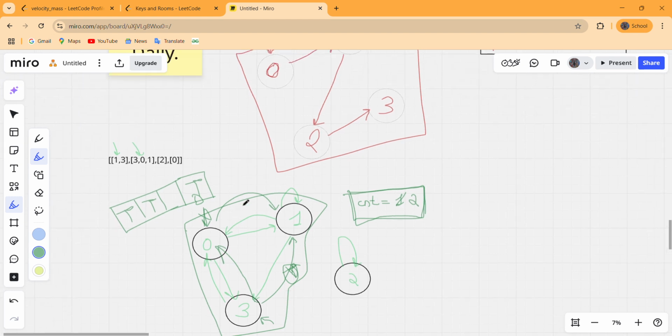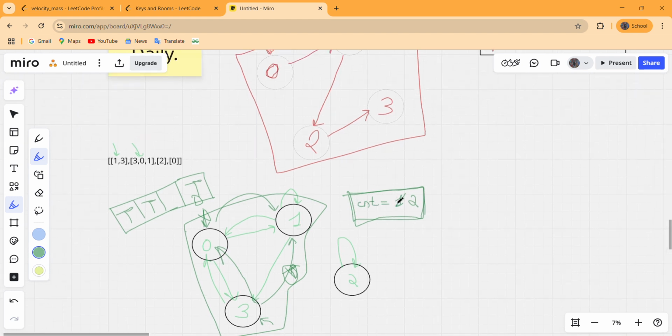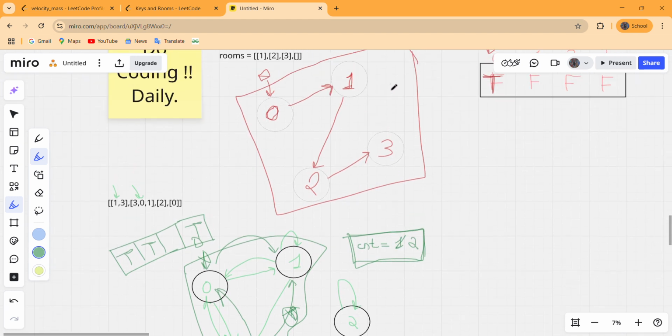We have to return true only when this count variable is 1. That means in a single go this DFS will have to visit all the rooms, and if this count variable is more than 1, we have to return false in that case.